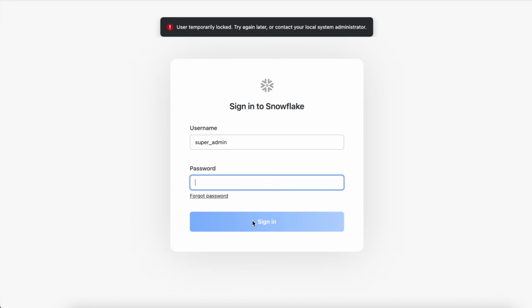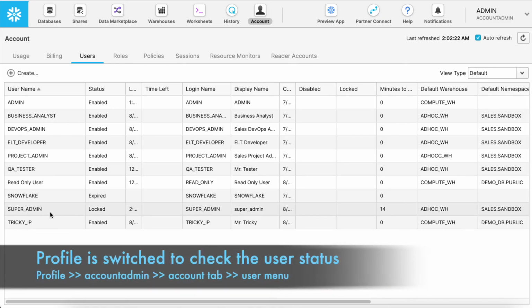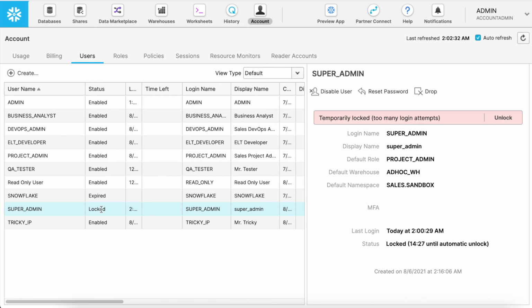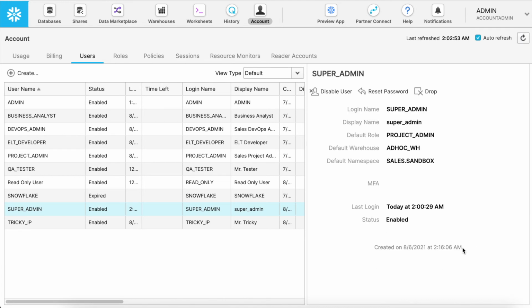Now let's go back to the user screen and see how it looks. Here you see because of those failed attempts, which can also happen naturally, but since I tried to hack this account, I typed incorrect credentials and this account is locked. As an admin, you can click on this row and unlock the user by clicking on unlock. Here it shows that it is locked until some time, and that's why you have to be very, very careful while using your username equal to login name within your Snowflake instance.